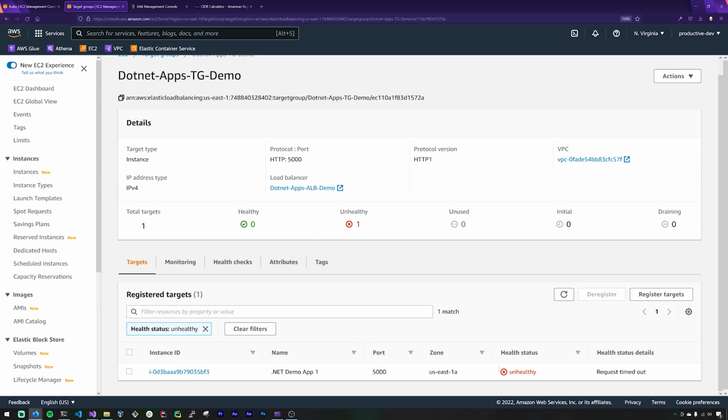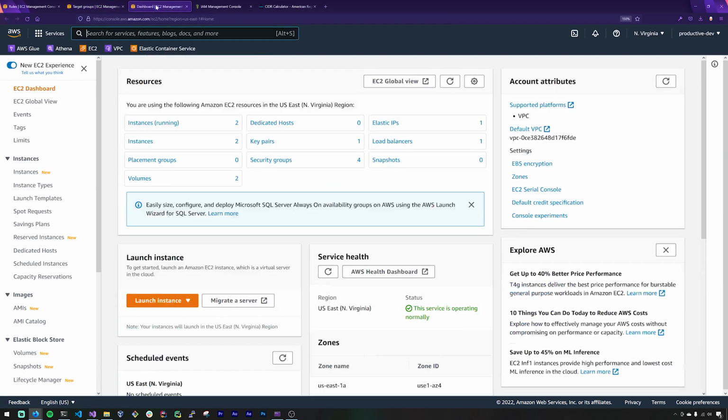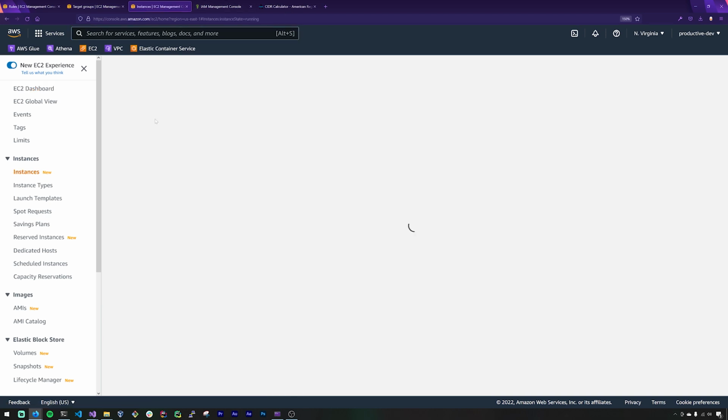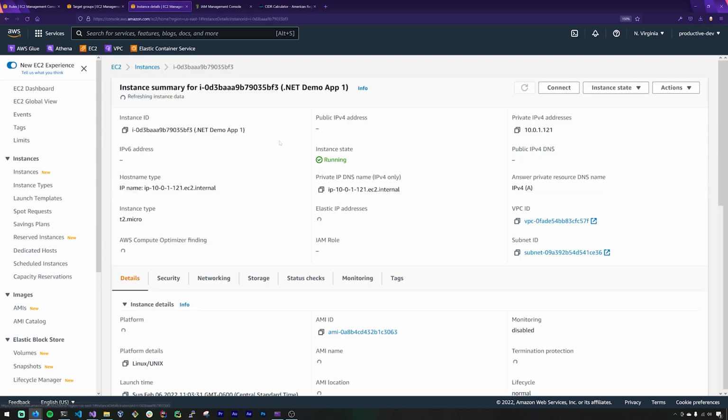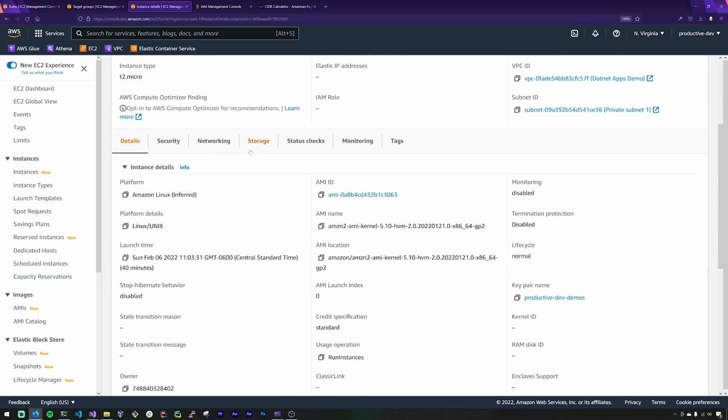So one thing we can think about is, why might a request be timing out? If you think about it, we have set up our instance without actually altering or creating a security group that allows traffic on the port that we're trying to hit here. So let's adjust that. We'll leave this open, and I'm going to head back into the EC2 dashboard. We're going to go to our instances, and we're going to look at .NET Demo App 1. And if we scroll down to security,